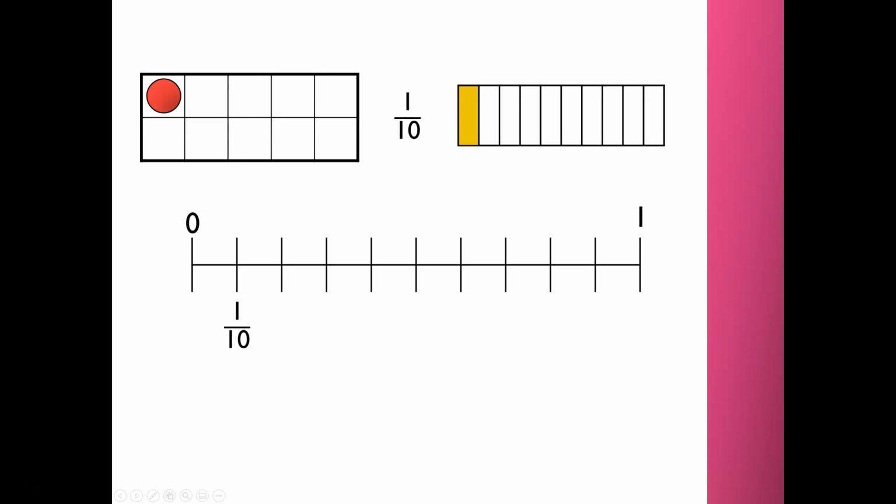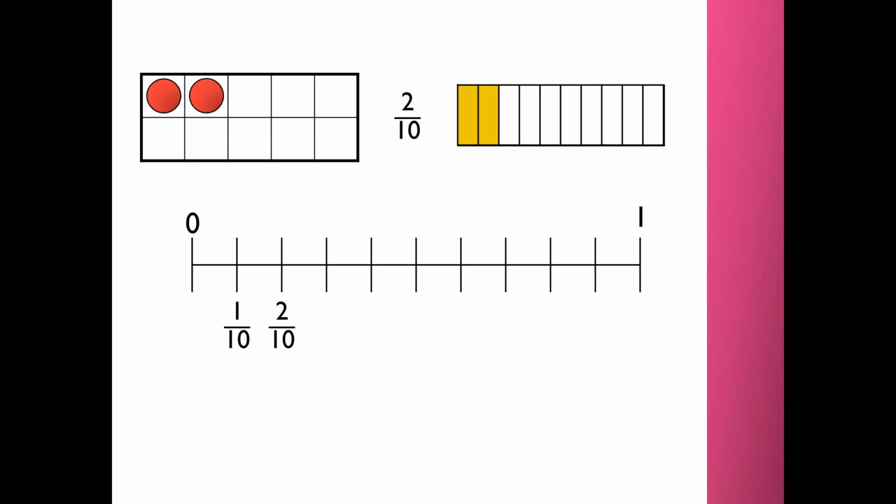We could use a 10 frame, or a bar model divided into 10 equal sections, or alternatively a number line which has been divided into 10 equal sections like this. If we have 1 counter in the 10 frame, then we show this on the bar model and the number line like this. We shaded one part of the bar model and labelled 1/10 on the first section of the